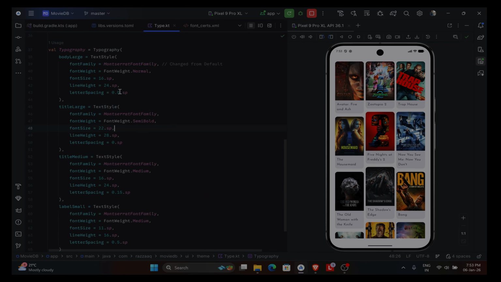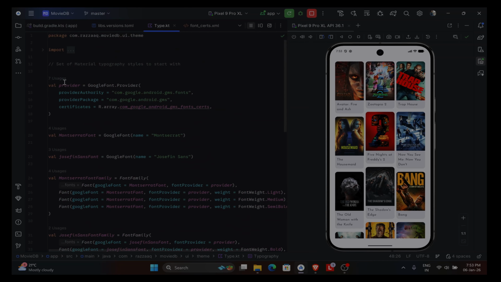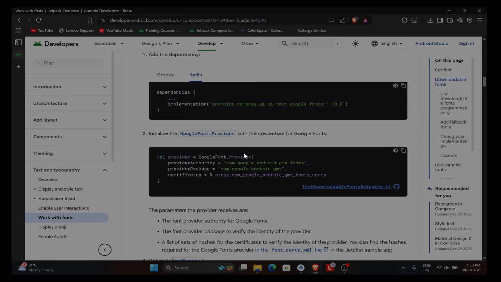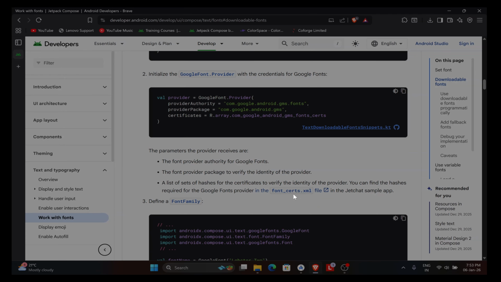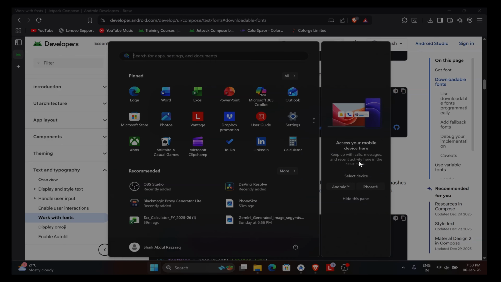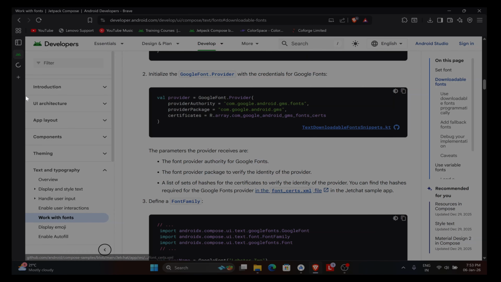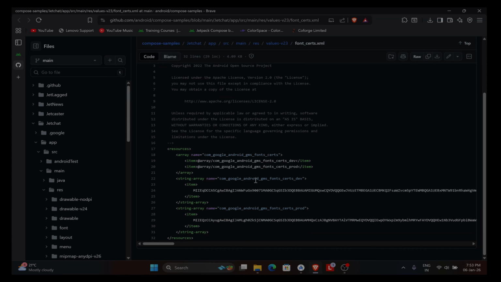So in type, what you have to do is add a provider with the provider authority and the package. To get the certificate, this font cert, you have to go to the link again, and here it is, there is a link for the font sets. So if you click on it, it will give you this